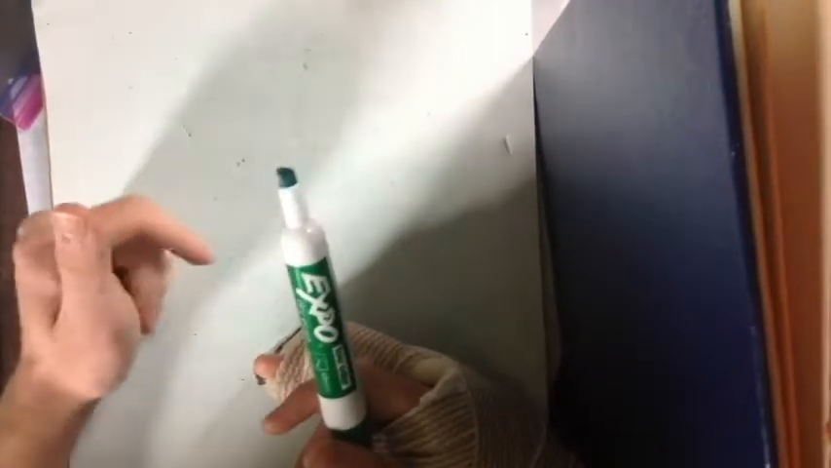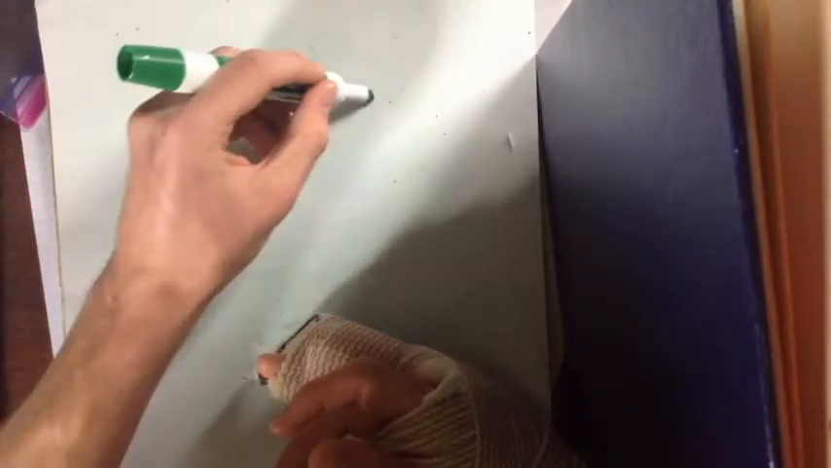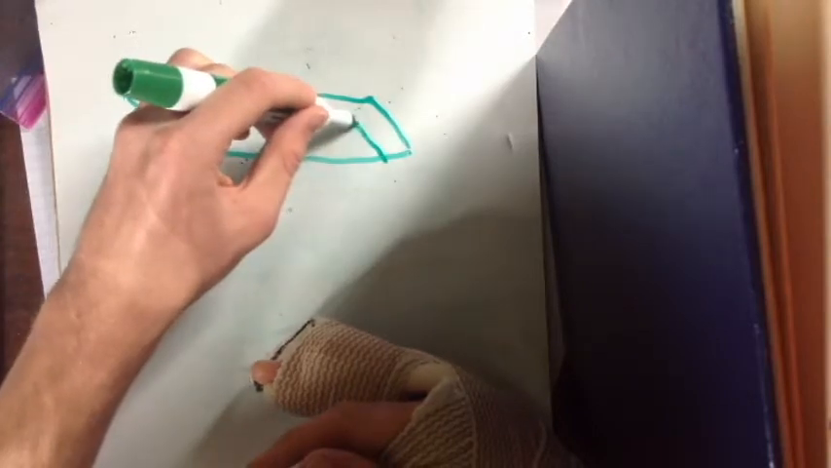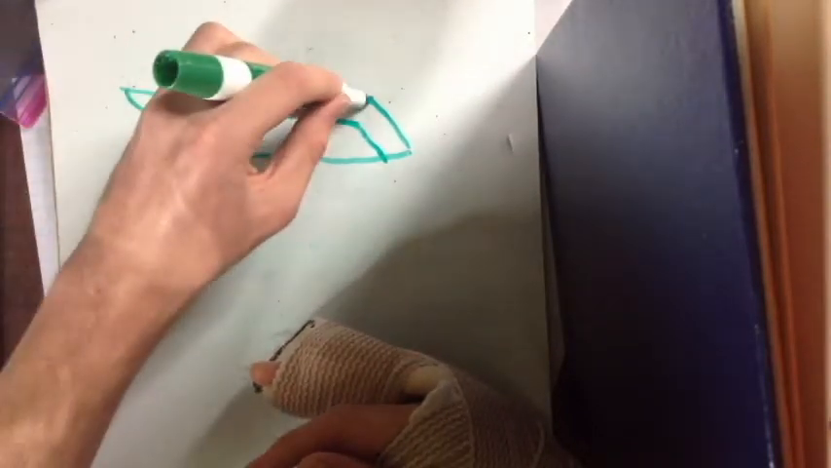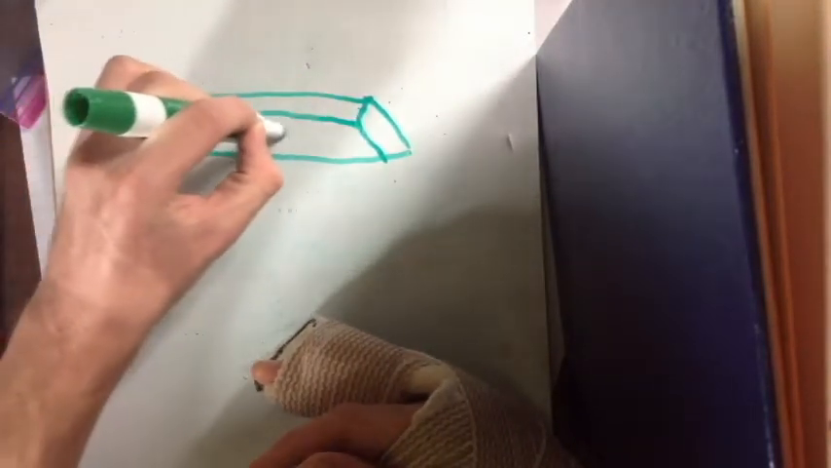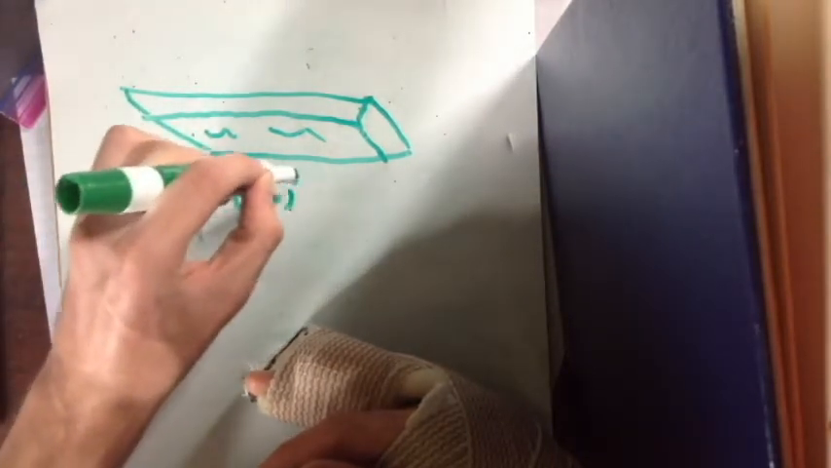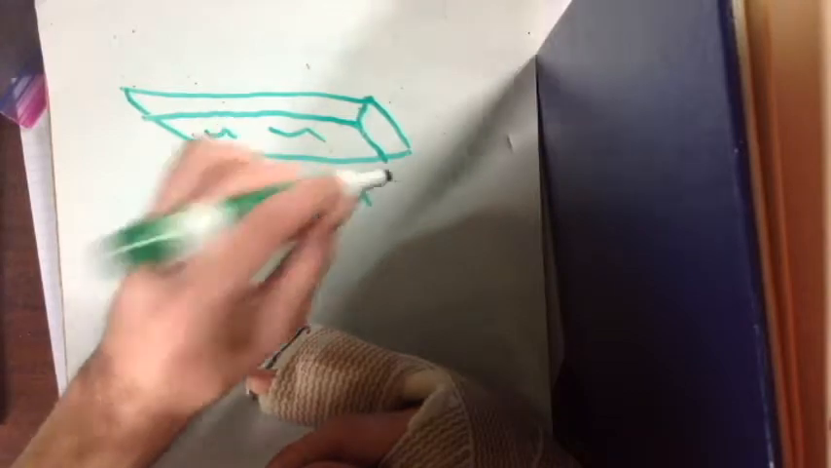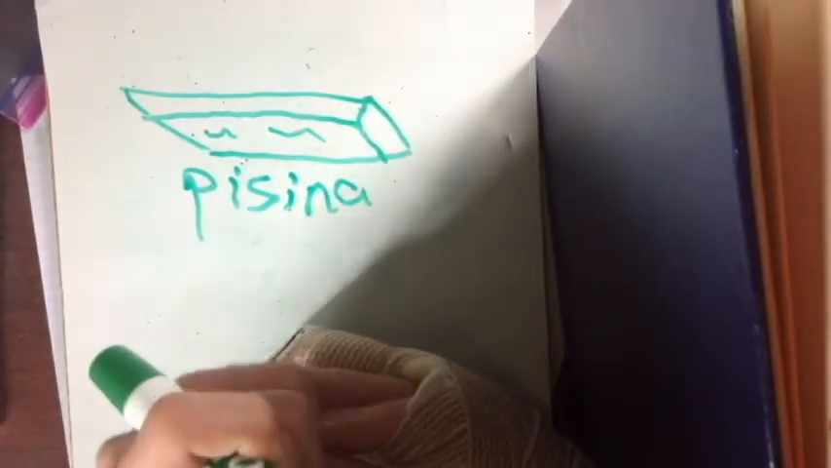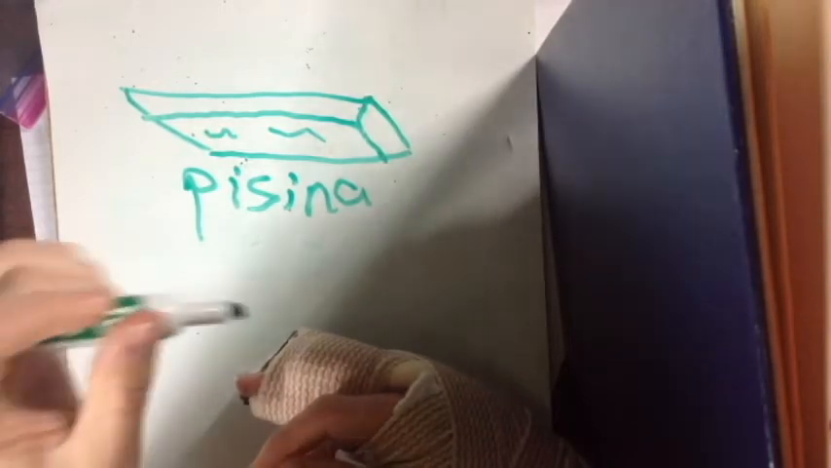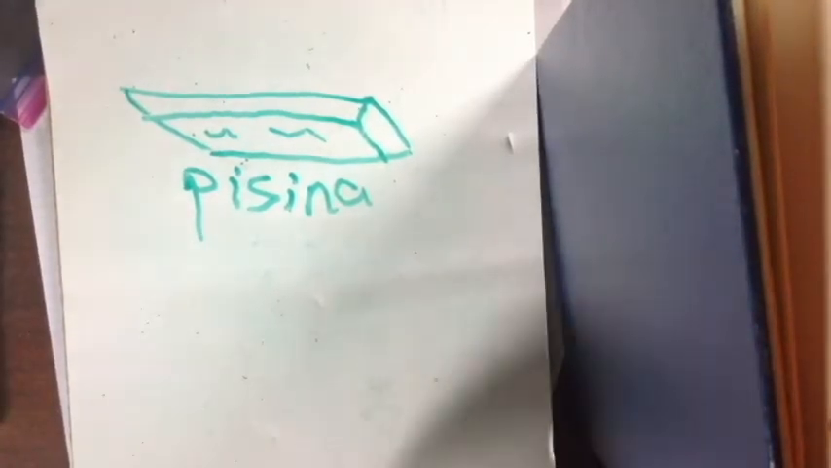And talking about things that piso me off, what if you want to say swimming pool? This one isn't exactly the easiest to remember. Well, the word for swimming pool is piscina. And every single time I go to the YMCA, I make sure that I